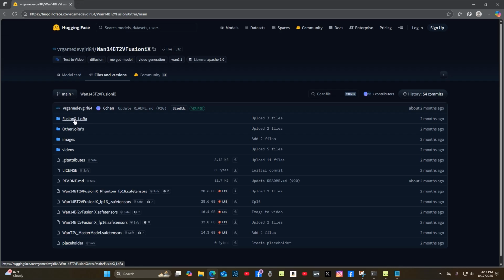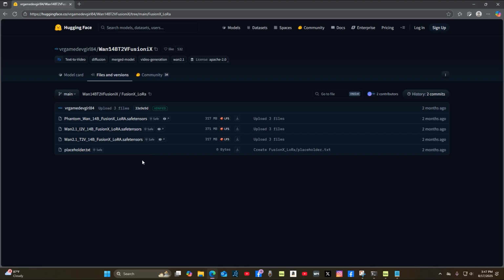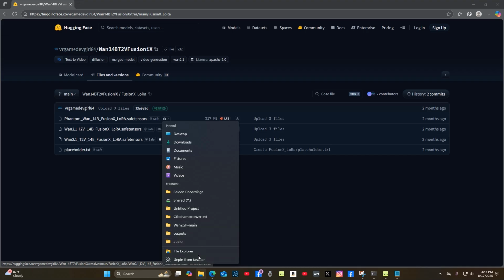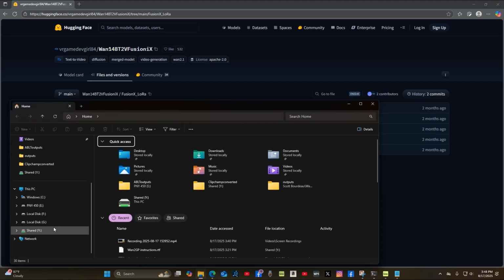And then you're going to click on the FusionX LoRa folder. And then we're running the Wan 2.1 image to video 14B FusionX LoRa. That's what we want. Not the text to video. We want the image to video, this one. So we're going to right click on the download. And I'll show you what folder this winds up in. I think ultimately, I guess we should have found that first, but let's go do that right now. Let's go to our,